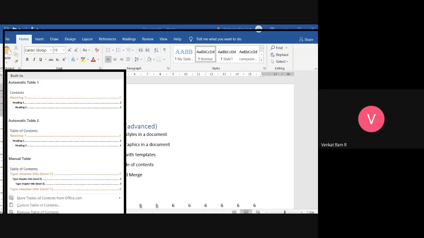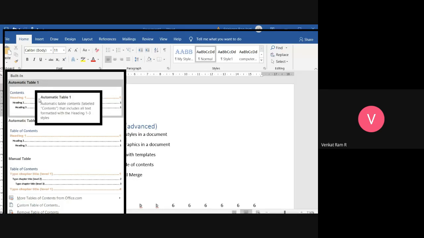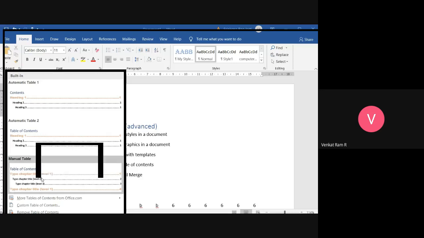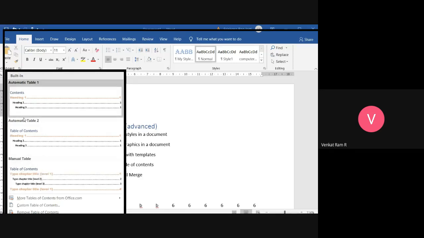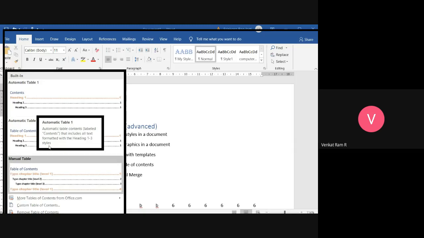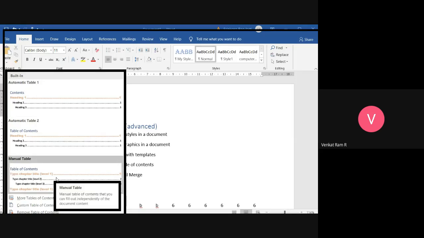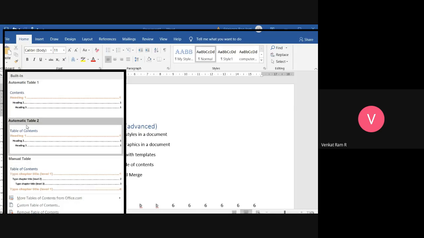Usually you can use three types: automatic table 1, automatic table 2, and manual table. Automatic table 1 and 2 give you the formatting options automatically, whereas in the manual table we can modify and make it ourselves. These are the three ways to create a table of contents.